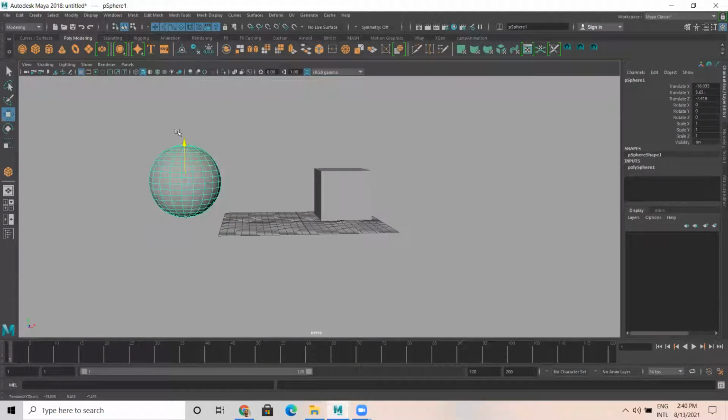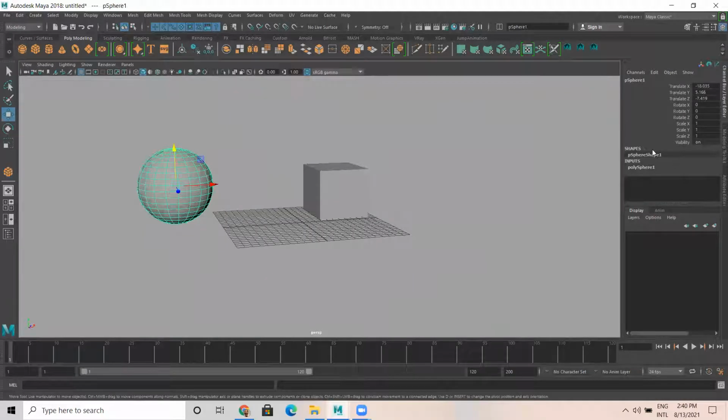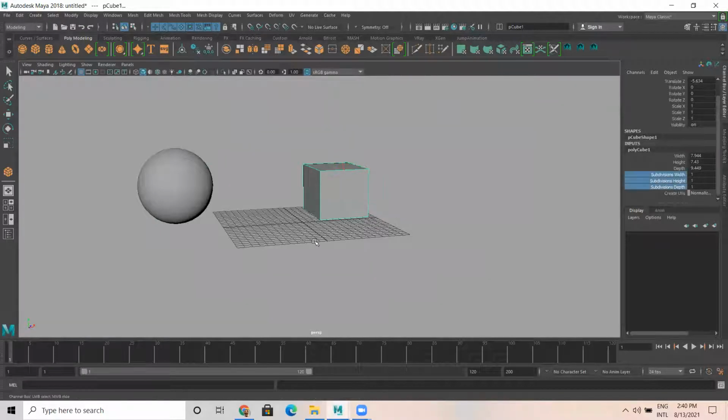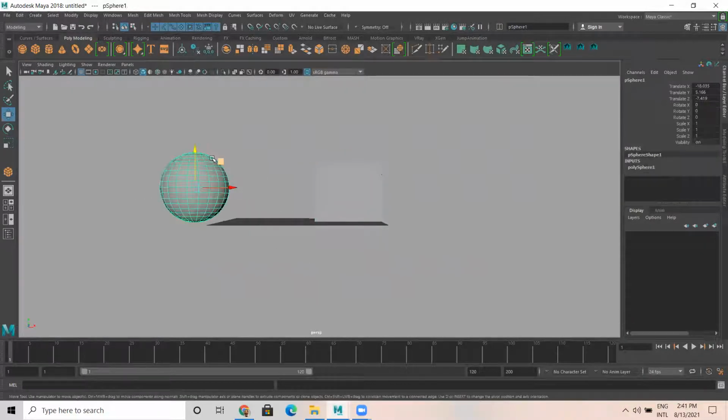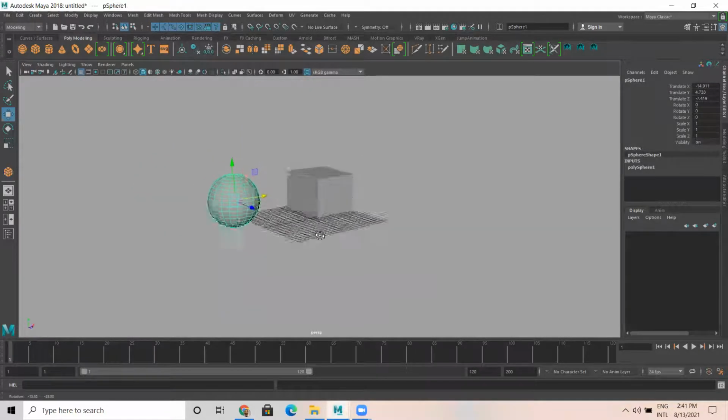The main thing to work on goal effect is that we should have proper mesh in place for the objects. I think for the sphere, it is fine. We do have the mesh. And for the cube, we need to add mesh. I'm adding a few meshes here so that my particles will go and stick on the surface properly. So there are two different objects. One is sphere and another is cube.